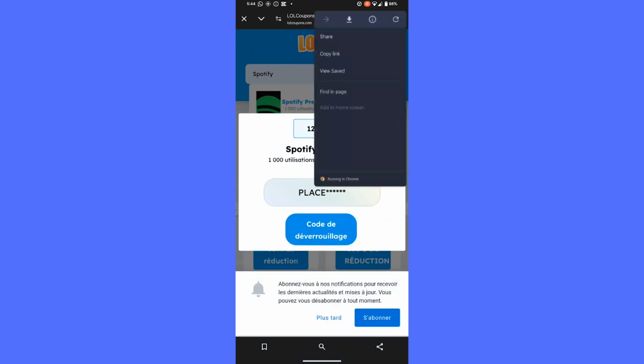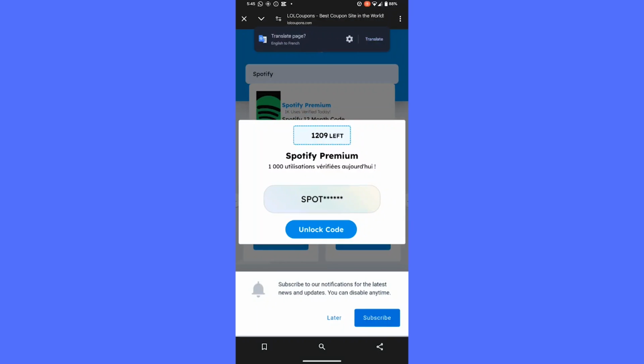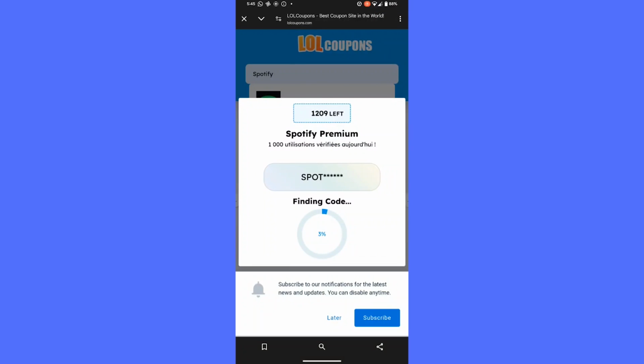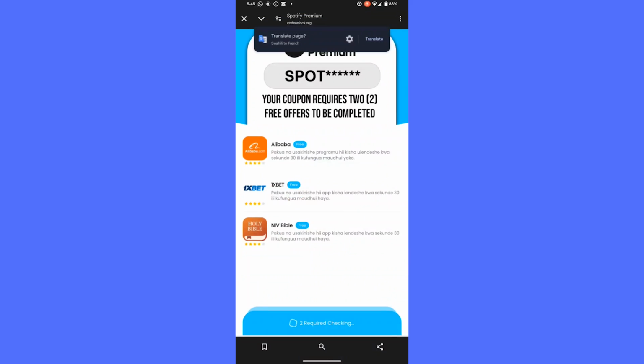that you need to use. So this basically means this process is not yet complete. You need to perform certain tasks in order for you to receive a code in which you will input on your Spotify app. So when we press here on unlock code, as you can see, it's generating the rest of my code, but it will require that I perform some certain tasks which are not as hard. And I can see on the site there are about 1,000 coupons left, so you can try out for